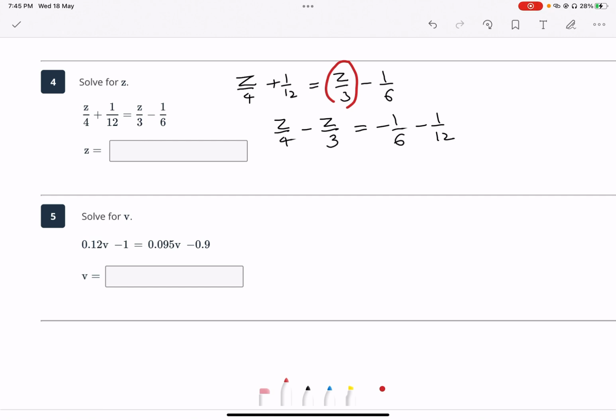But the final answer in this case, for those who want to practice, will be negative z over 12 equals negative 3 over 12. This implies z equals 3. And we are not going to decimals anyways, so we can skip this question